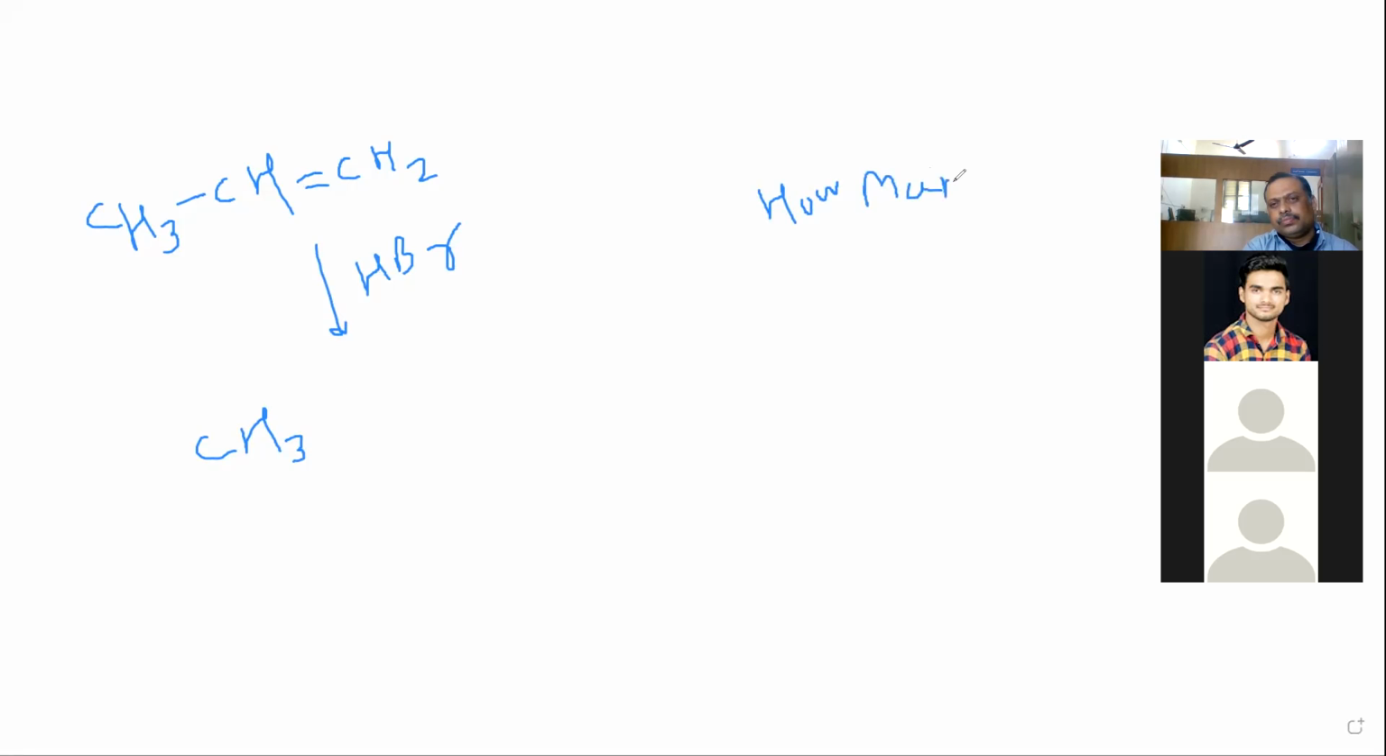One propene: CH3 CH double bond CH2, propene. Suppose we add just HBr, hydrogen bromide, no peroxide, no any other. CH3 CH, how many products is formed? Possibility, how many products is formed? Two. Two products, CH3 CHBr,